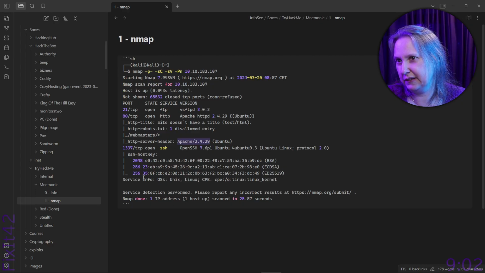Let's see, is there anything more on that? Well, it says Ubuntu here in several places. Here. Ubuntu Linux. Also on the...